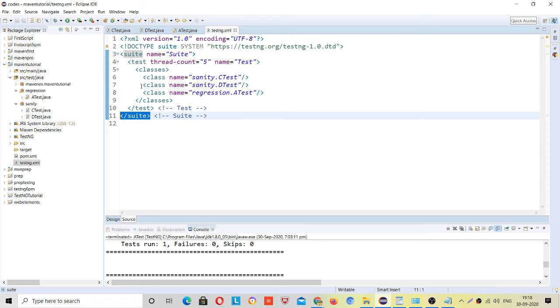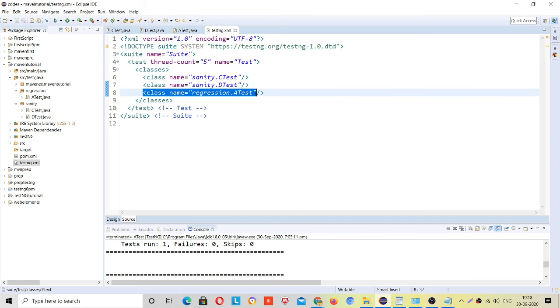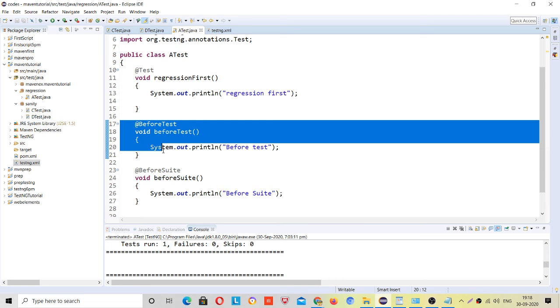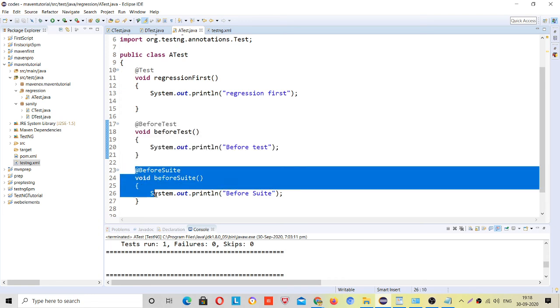But this is only one @Test method, then it is executed. Then after completing this line, it will come to the next line, regression dot a test. So it will go to the regression package, and then the a test class. Then see, this before test was executed, and this was also executed, right?